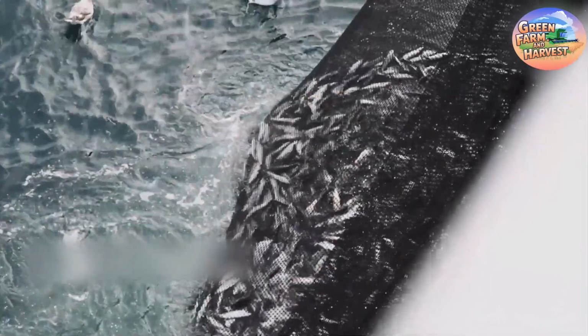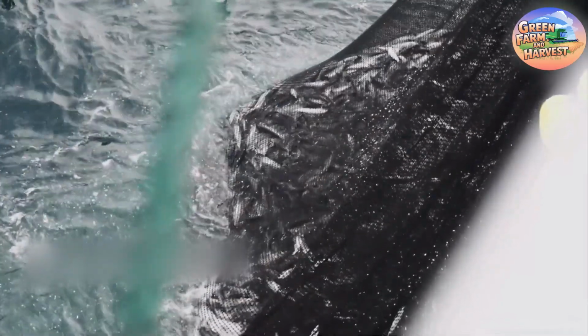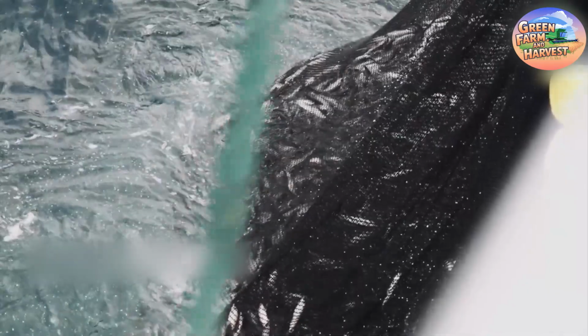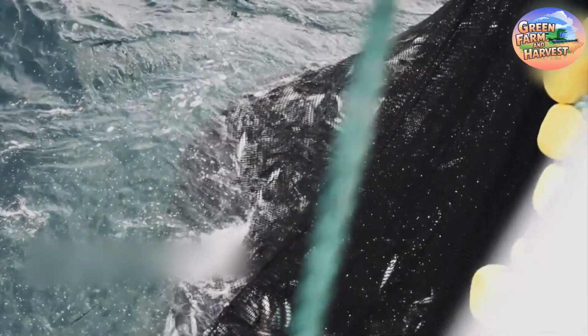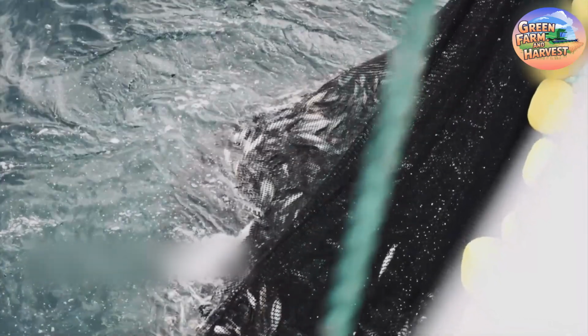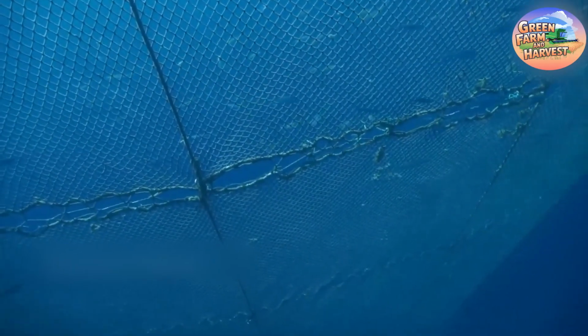The majority of this catch is utilized for various purposes, including canned tuna, which is a staple in Japanese cuisine and popular worldwide. Skipjack tuna is also processed into products like sashimi and dried fish, showcasing its versatility in culinary applications. The efficiency of purse-seine fishing not only maximizes the yield for fishermen, but also supports the sustainable